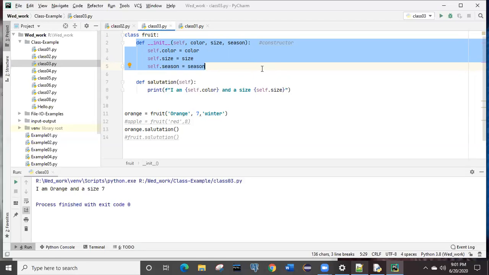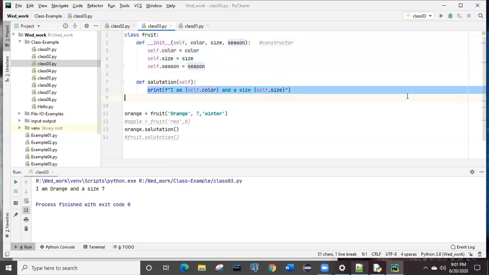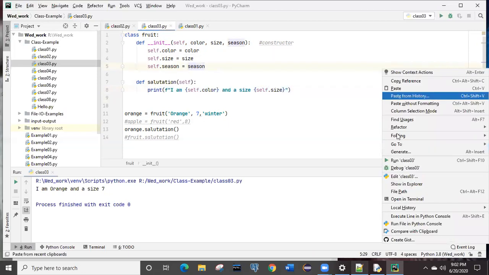Once it is done, the next method is the same as the previous one. This method will be printing the value, right? If you look over here, it is doing nothing but simply printing self dot color, whatever the color we have given over here, the same it has to print, and size also. If we execute this one, what will be the output?